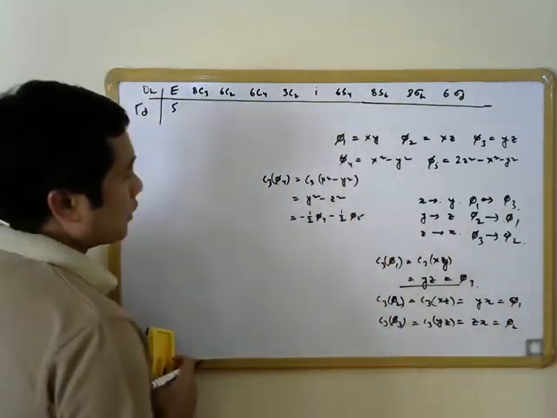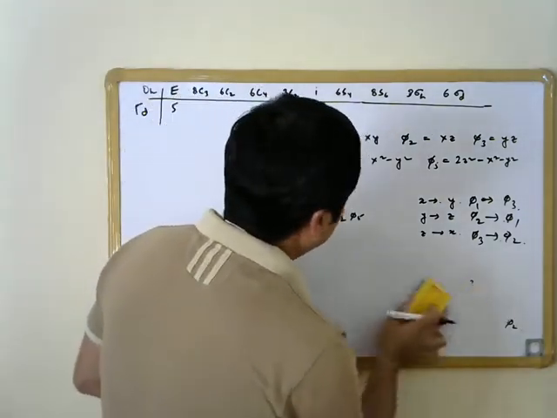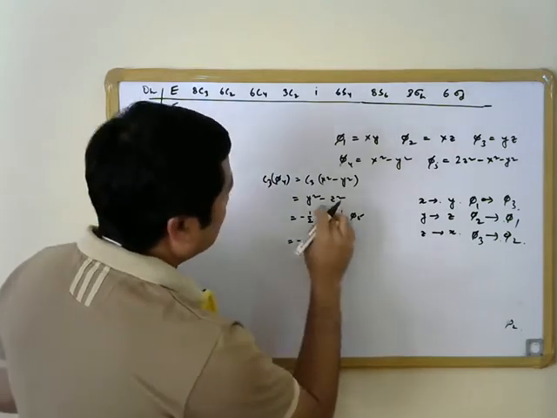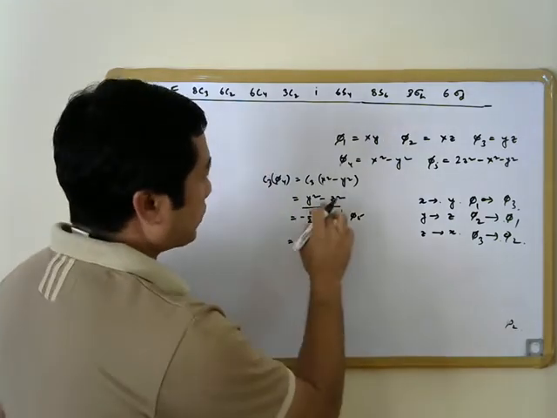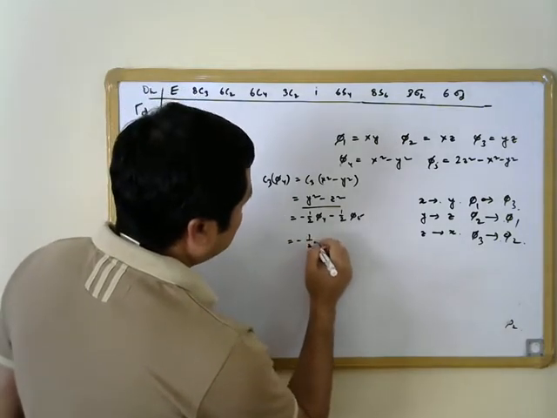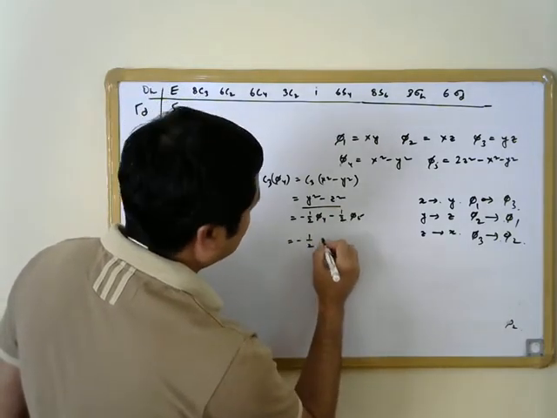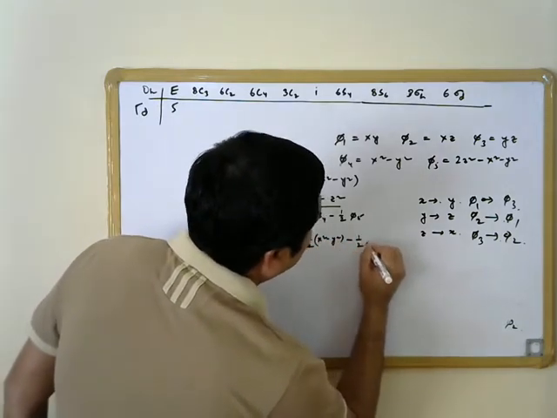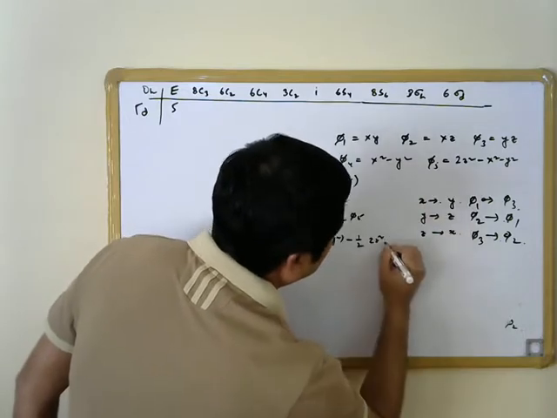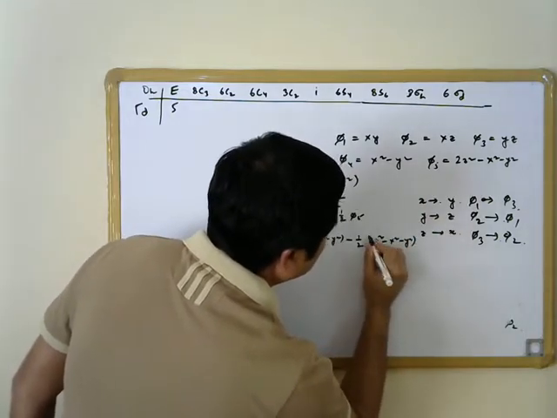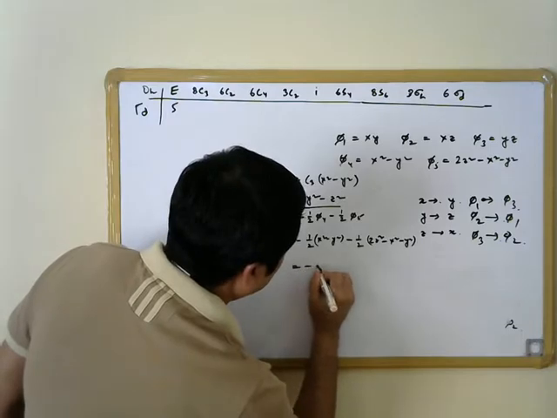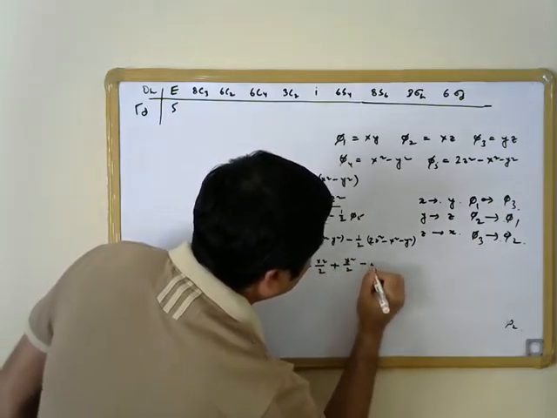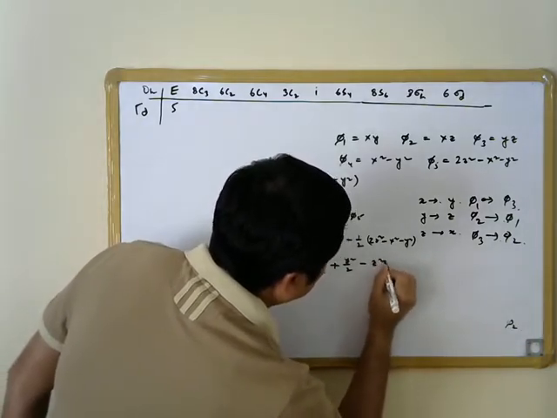Phi 2. So if you expand this, let us expand this just to prove that this is equal to minus y square minus z square. So if we do minus half phi 4, that is x square minus y square minus half 2z square, that is phi 5 minus x square minus y square. So this is minus x square by 2 plus y square by 2 minus z square is going to be left here